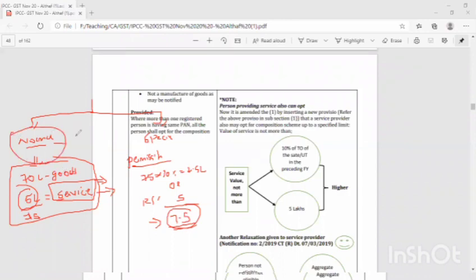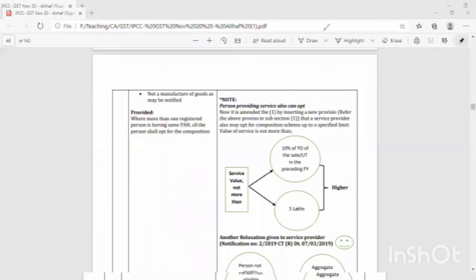Okay, so that is the one relaxation that I have given here. I hope all of you might have studied that, because that amendment happened for the last attempt. Okay, another relaxation is that